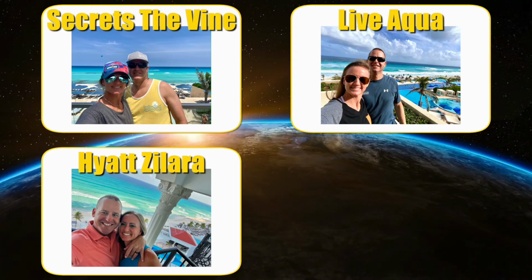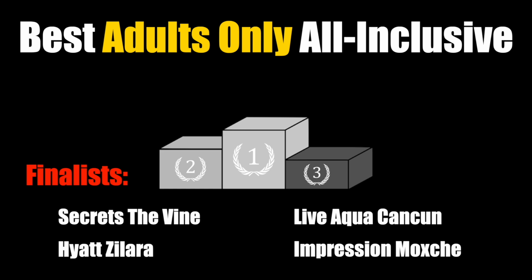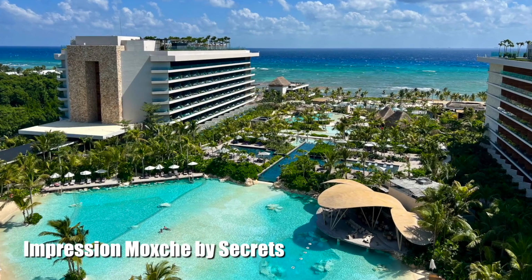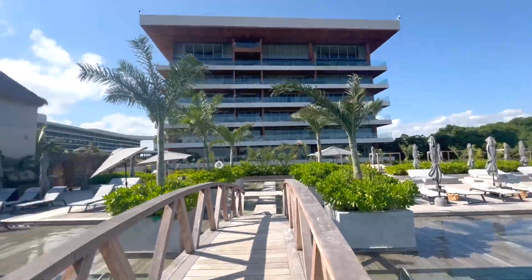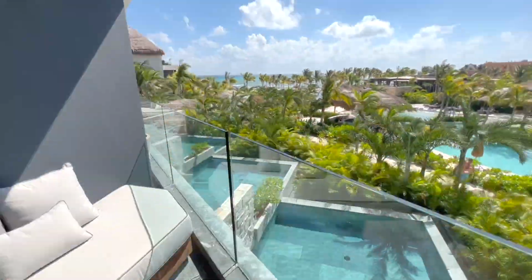All right, so wow, those are some of the best resorts on earth. And so, for the grand prize winner, the best of the best for adults-only all-inclusive Cancun goes to Impressions Moxché. This resort is just top of the top. Everything from the pools to the walkways, the food, the drinks, the service, the room, everything was just absolutely perfect. This Impressions brand by Secrets is going to be something to watch for,